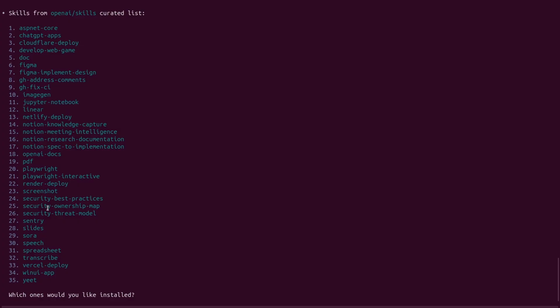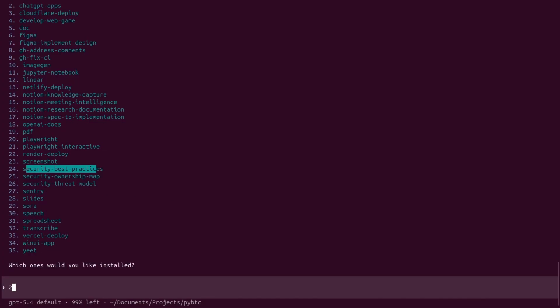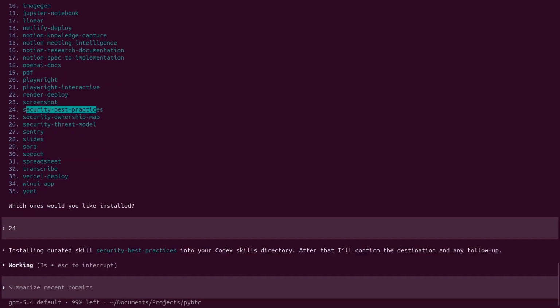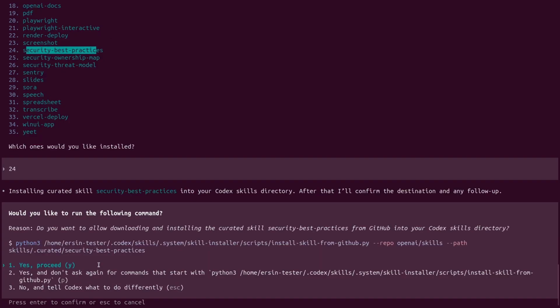We have ASP.NET Core, security best practices. Yeah, we just need security best practices for this little example. I'm going to choose yes, proceed again.